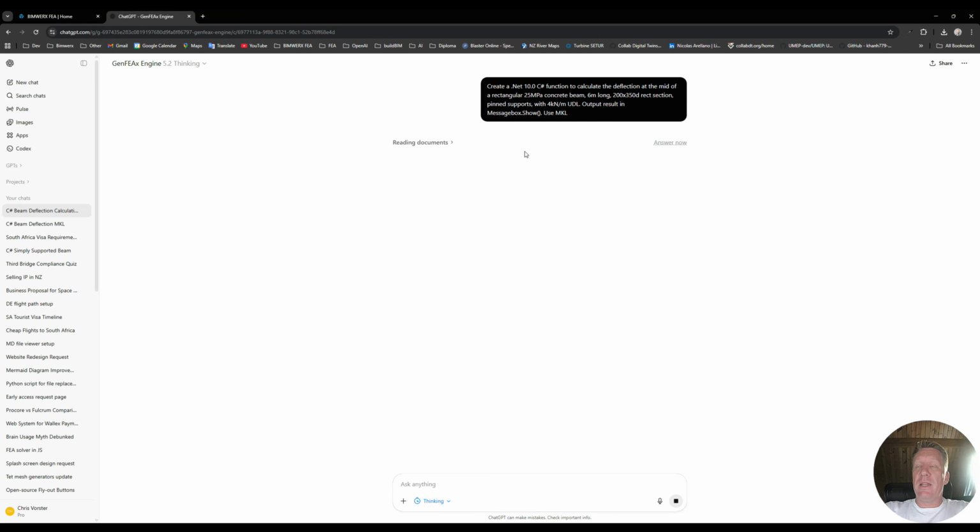Now in this example, it's going to build a .NET 10.0 C# function to calculate the deflection at the mid of a rectangular concrete beam, 6 meters long, 200 by 350 rectangular section with pin supports and a 4 kilonewton per meter UDL. And we're telling it to output the results in a message box, and we wanted to use the MKL solver in the back end. So those are the instructions. Of course, you can expand and elaborate on this and be more specific, but that's what we're going to do for this exercise. This is going to take a minute or two to think,